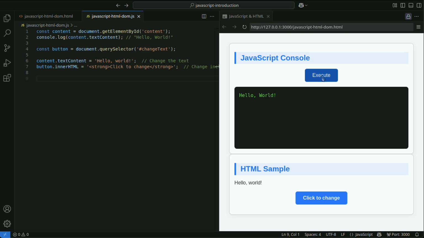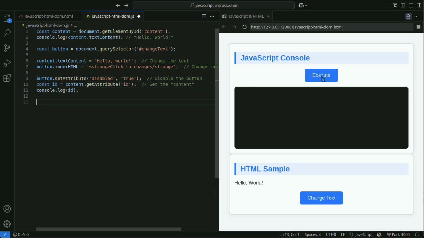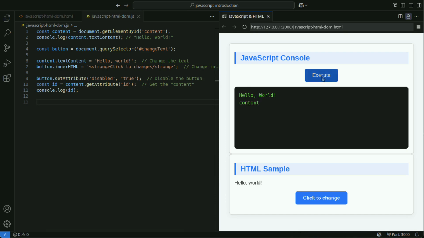Use setAttribute and getAttribute to change element attributes. Use the style property to change CSS styles.